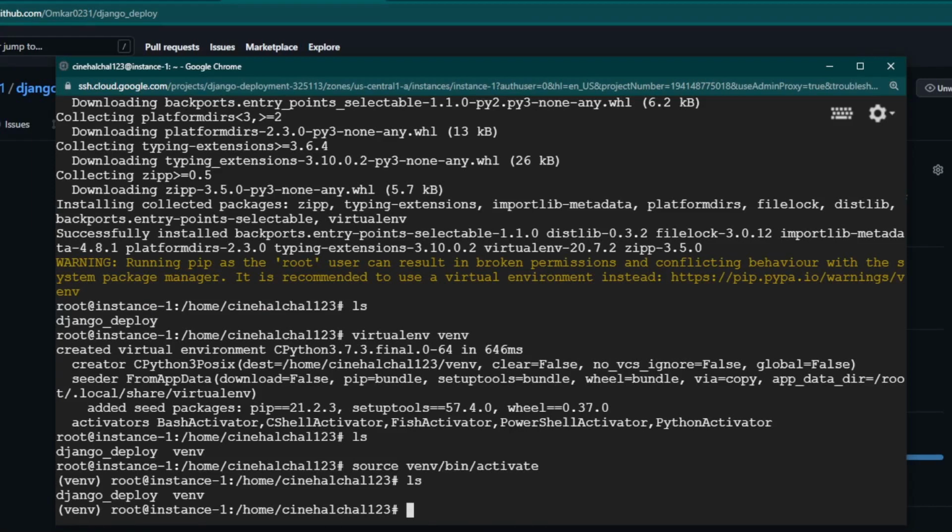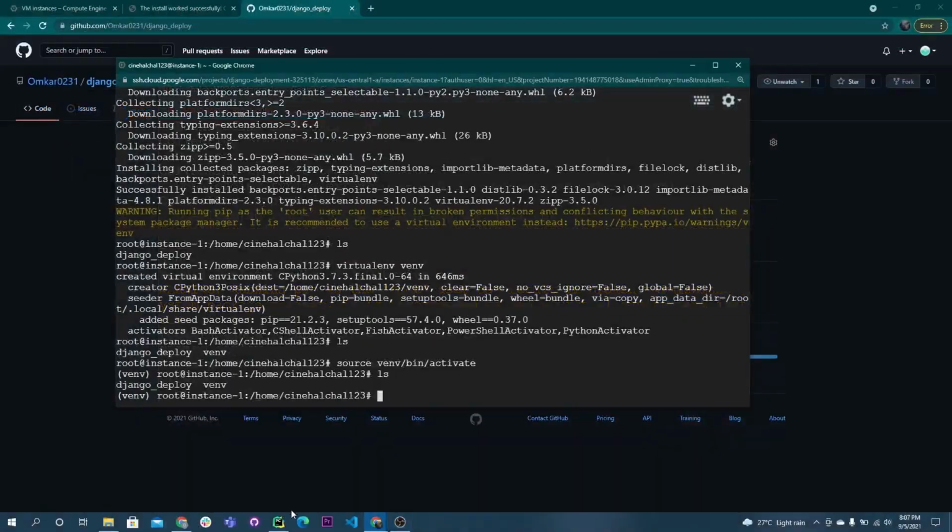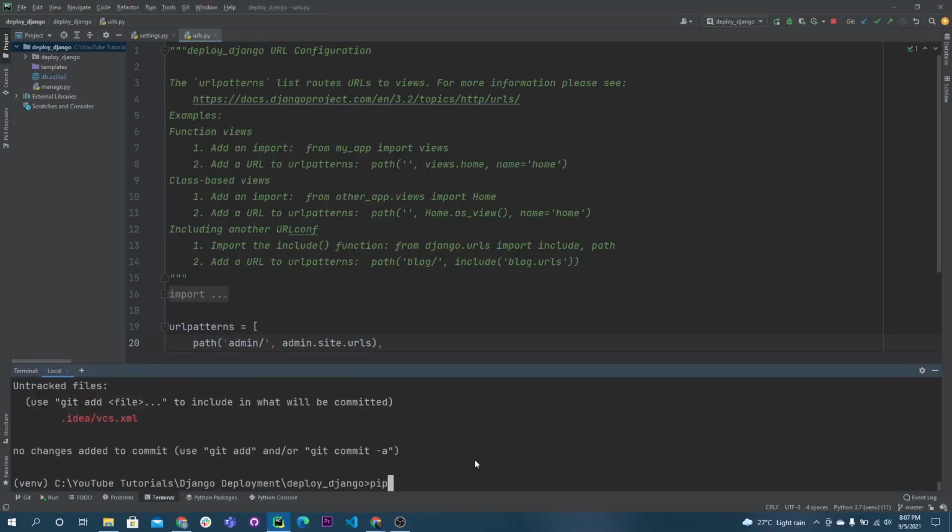We need to make some changes in our existing project. For that, it's better to make the changes in the local project rather than directly on the virtual machine. This is a good practice to follow every time. Don't directly edit the repository on your virtual machine. You can first edit in your local system, then push to GitHub, SSH into the virtual machine, and then directly pull your changes from Git. Let's open our project.